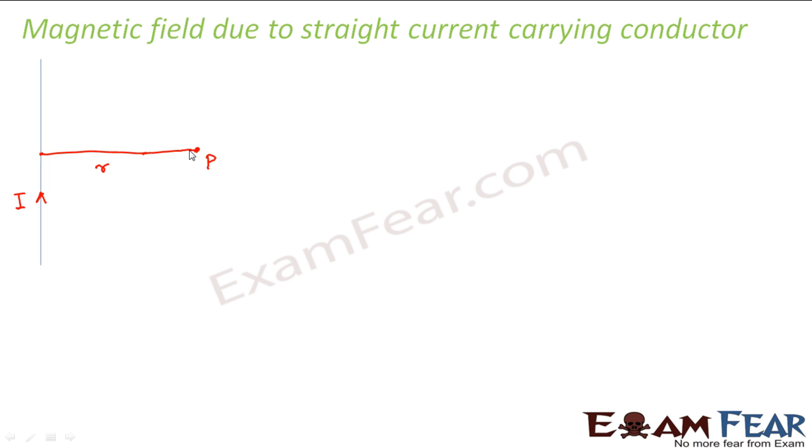For Biot-Savart law, I need to choose a small element from this straight conductor. So let me choose a small element dl. Let us say this is a small element AB of length dl. The distance of this small element from the point P is x and it makes a small angle. What is this small angle? This small angle is d theta. If AP is x, BP is also x, because this dl is very small. So we have assumed a small element.